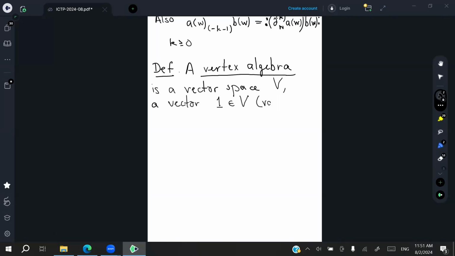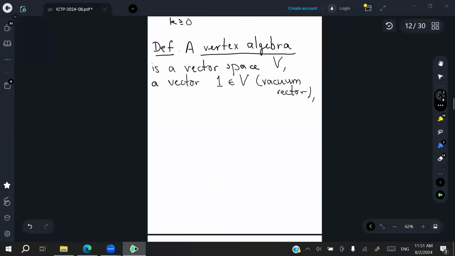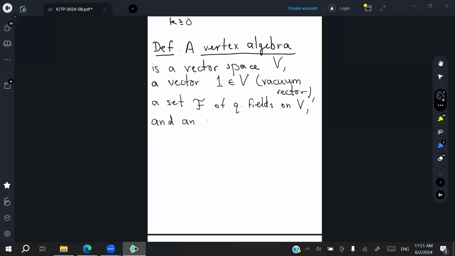This is called the vacuum vector. A set F of quantum fields on V. And an endomorphism T from V to V called the translation operator. Such that